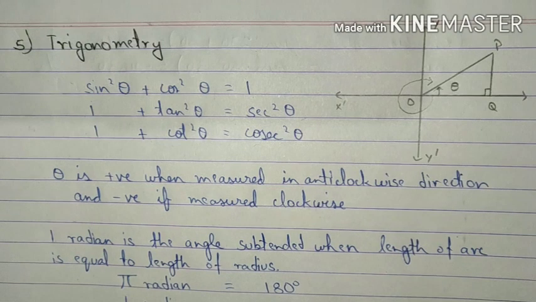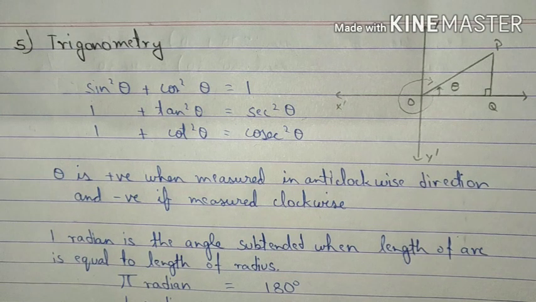You already have studied about radians and angle. So going by the definition of the radian, 1 radian is the angle subtended at the center of the circle by an arc of the circle whose length is equal to the radius of the circle. That means when the length of the arc and the radius of the circle are equal to each other, then the angle which will be subtended by that arc in the center of the circle will be of 1 radian.